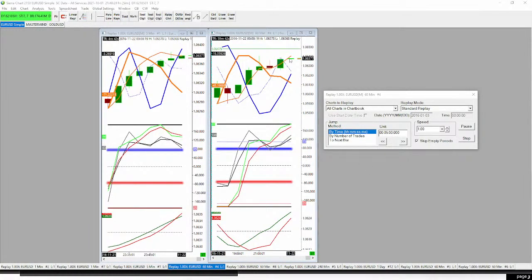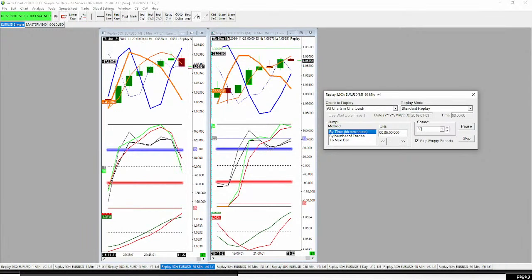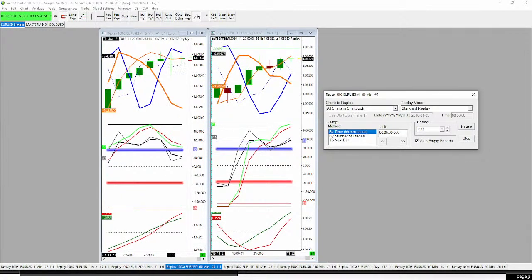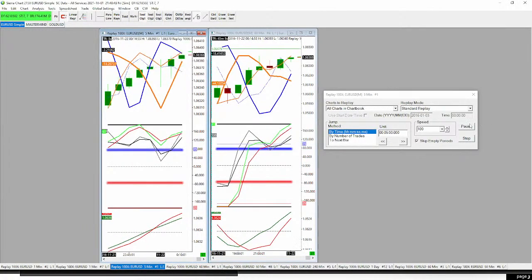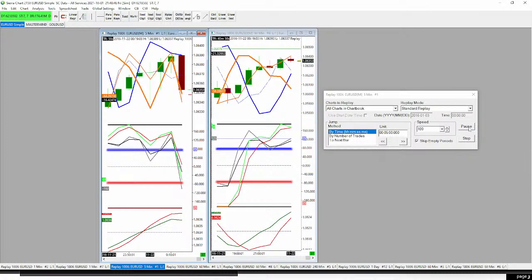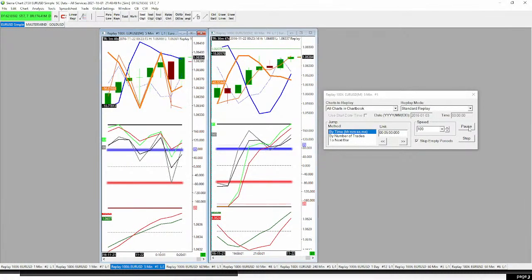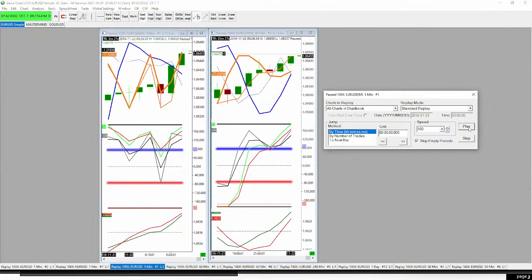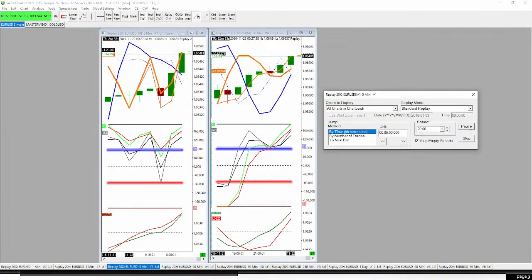So let's see when that happened and when we would execute that trade. So let's go 50 times the speed. So let's go 100. So not there on the 5-minute, right? Not there. We're going 100 times the speed on the 5-minute. So, okay, not there. Not there. Oh, getting close. So let's slow that down. Two minutes and 30 seconds.